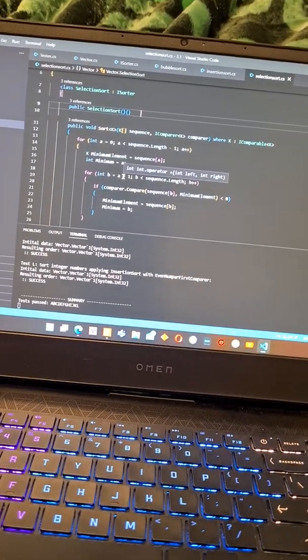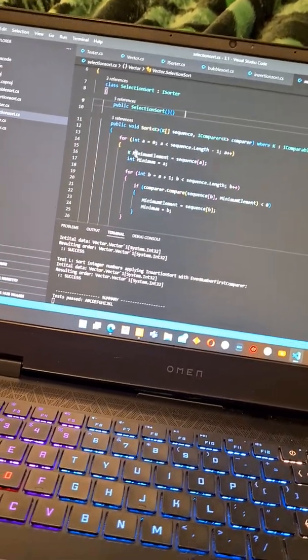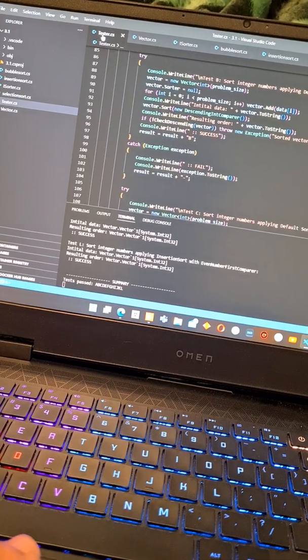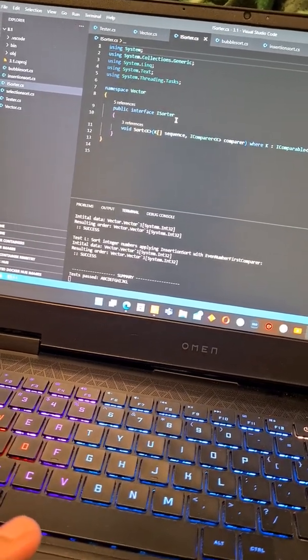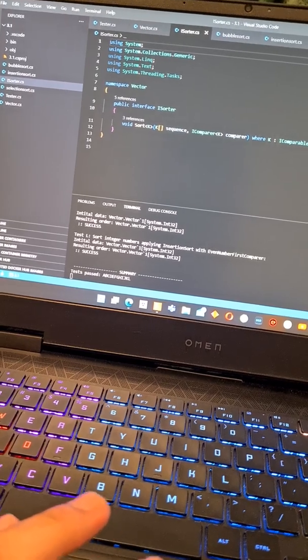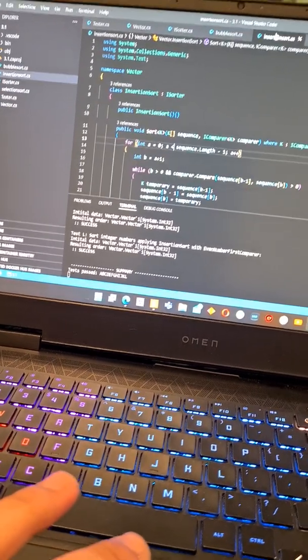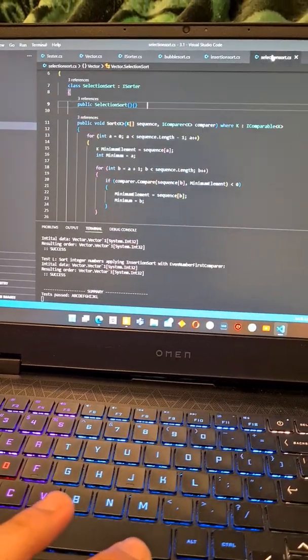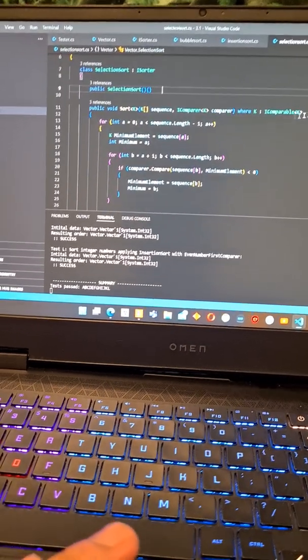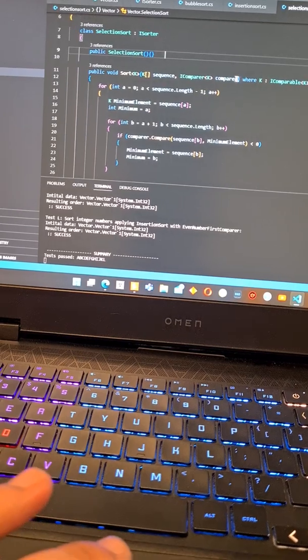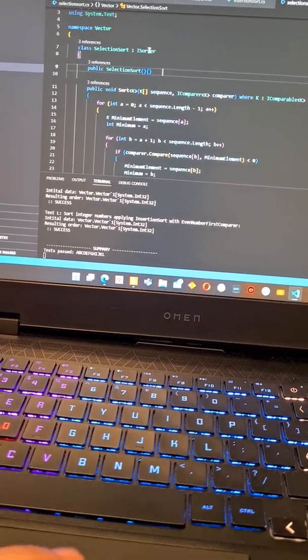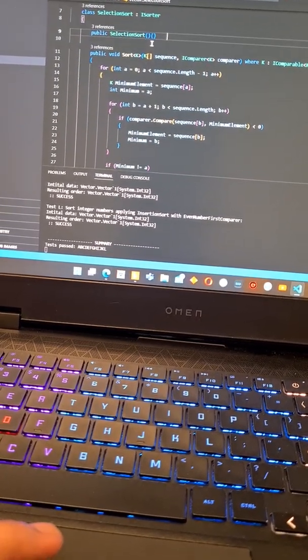So here I'm doing my 3.1P. The tester, vector and ISorter are given in this task, and we've done the bubble sort, the insertion sort and the selection sort in this task. The common thing is they all three are inheriting from ISorter in this case, and